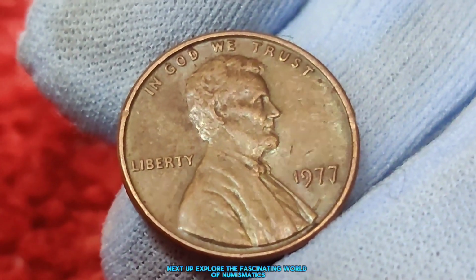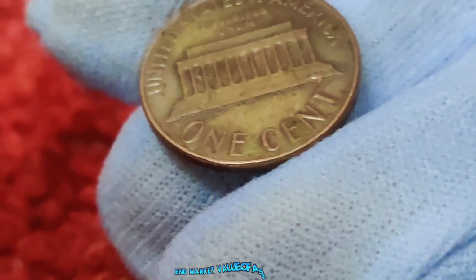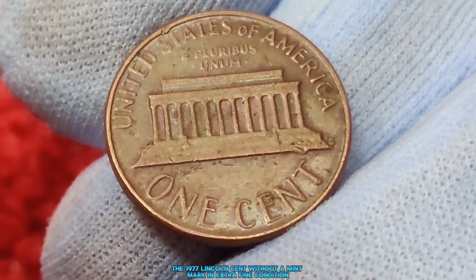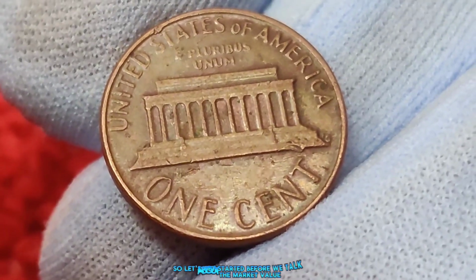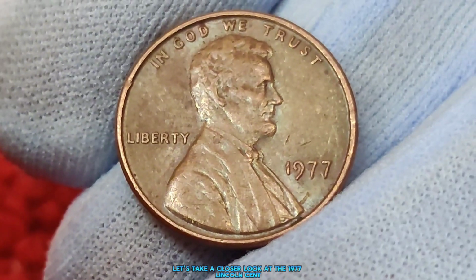Next up, explore the fascinating world of numismatics. Today, we're diving into the history, features, and market value of a special coin, the 1977 Lincoln cent, without a mint mark in extra fine condition. So, let's get started. Before we talk about the market value, let's take a closer look at the 1977 Lincoln